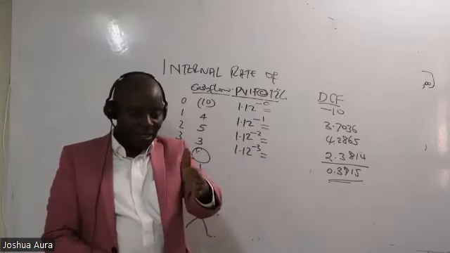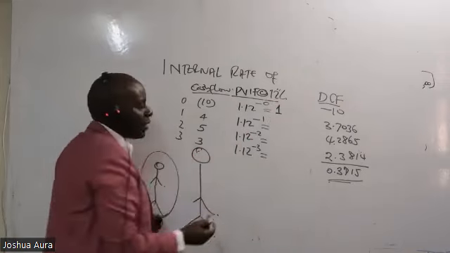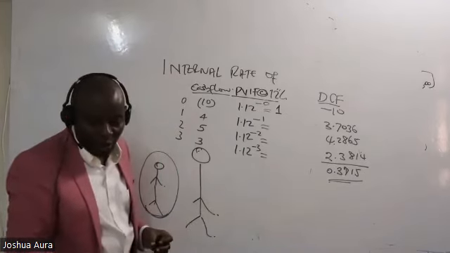Because it's 1 plus R. Thank you so much. Then could you kindly give me these answers? The first one is 1. The second one, according to Nyaboke,